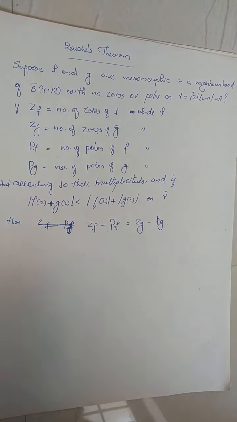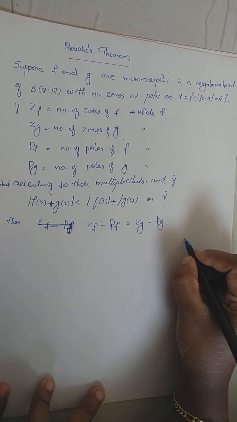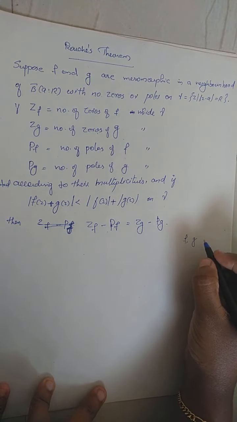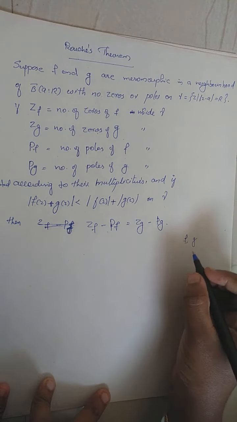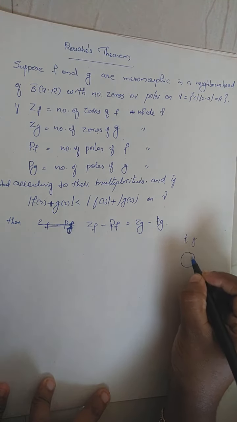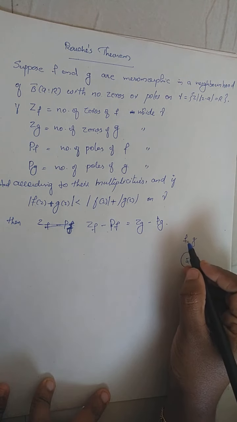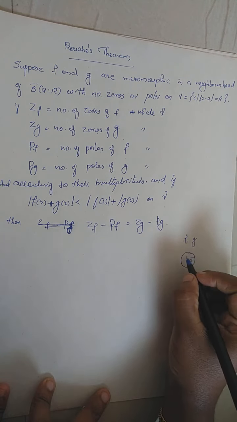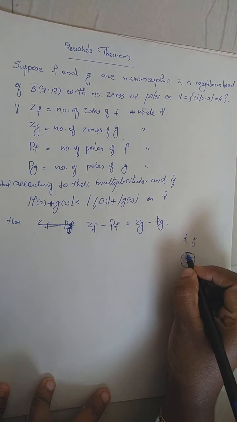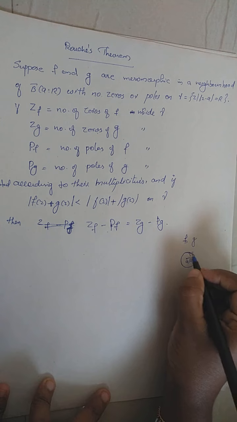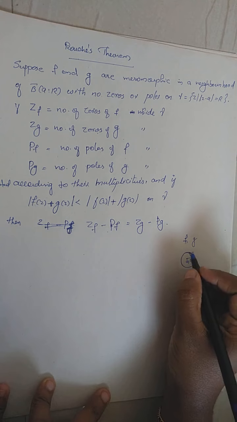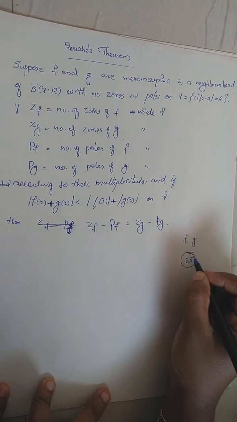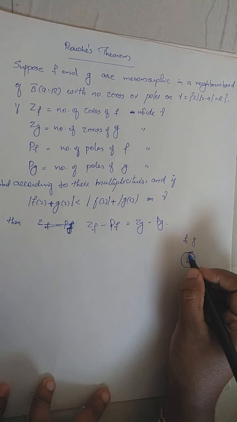Okay, so that is the statement. Suppose we have two meromorphic functions f and g on some region, with the property that I consider an open ball centered at a with radius r, and assume that inside this region f and g have no poles and no zeros. Then you consider a circle gamma, which is the boundary of this neighborhood. Or if this neighborhood is not in the shape of a ball, then you consider the circle with center a and radius r, this boundary. Then assume